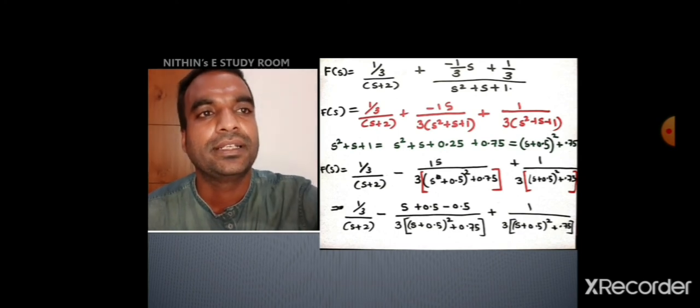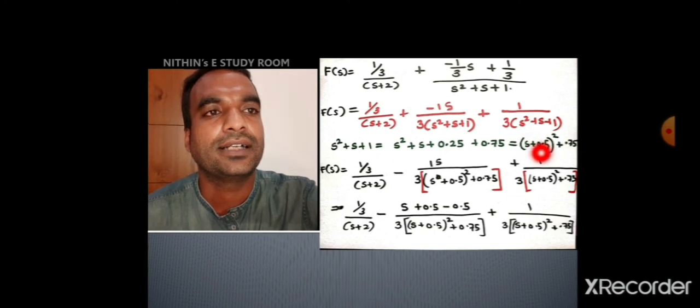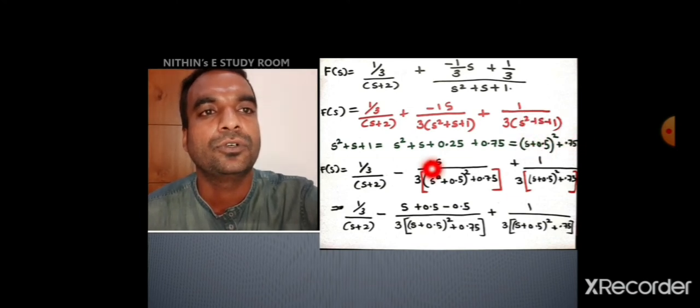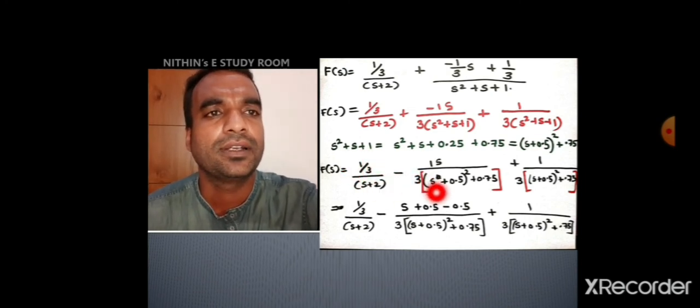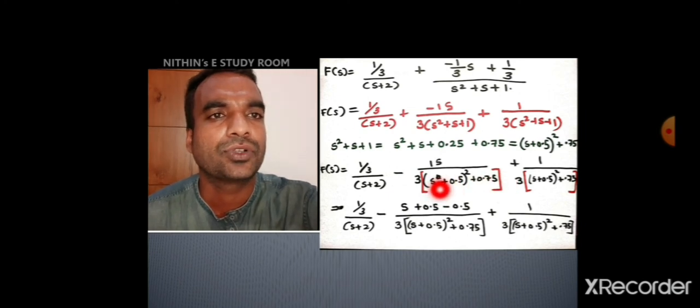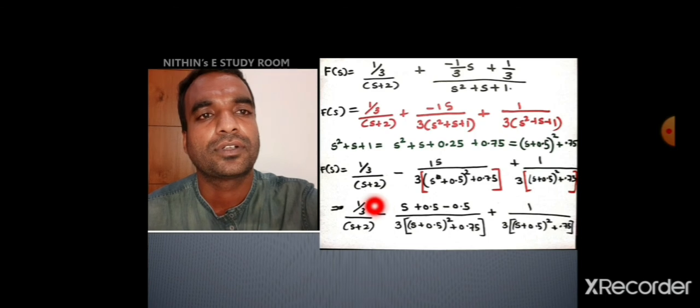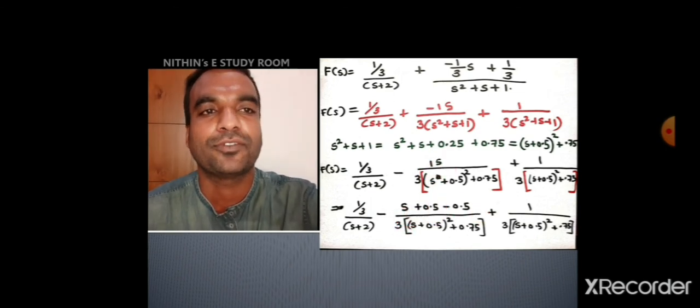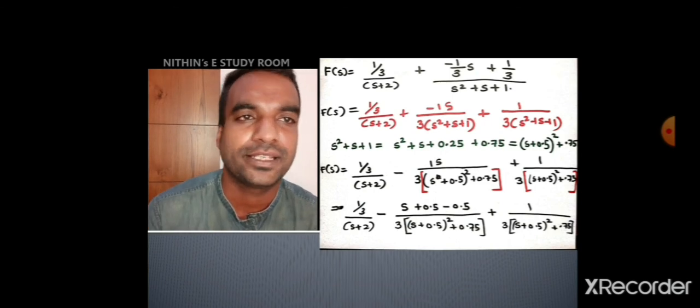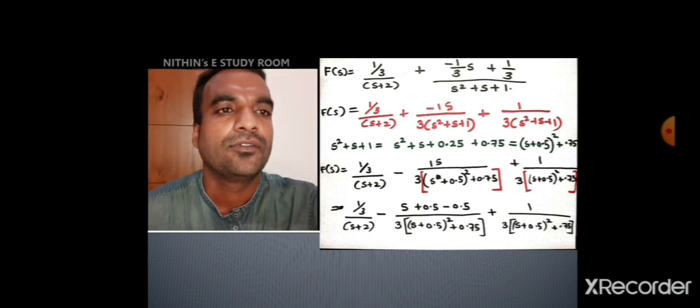So I am substituting this as the denominator of this step. So now it is the same as the previous step. Here I am replacing the denominator: s square plus s plus 1 is replaced here, and s square plus s plus 1 is replaced here. Now on the next step, for this one no change; minus, this is s, so s plus 0.5 minus 0.5. I am adding plus 0.5 and subtracting 0.5, plus 1 by the same thing.